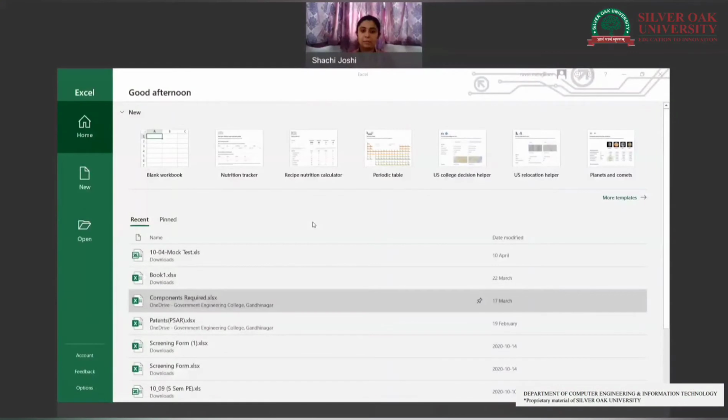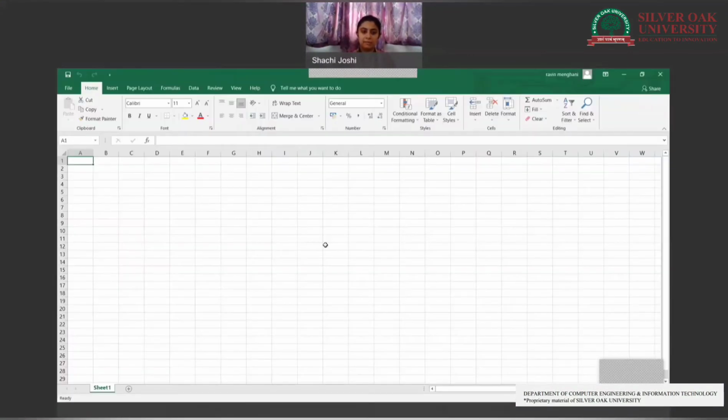When you first open Microsoft Excel, this will be the actual screen you will see. We are going to take a blank workbook from that. First, I'll fill the data, then I'll explain how you can edit that data. So: serial number, enrollment number, student name, maths, physics, science. For example, I am taking 5 students.